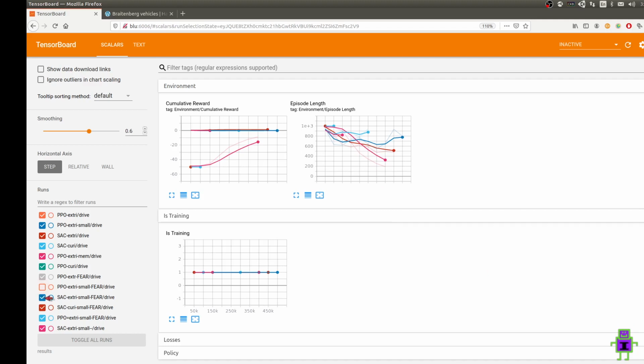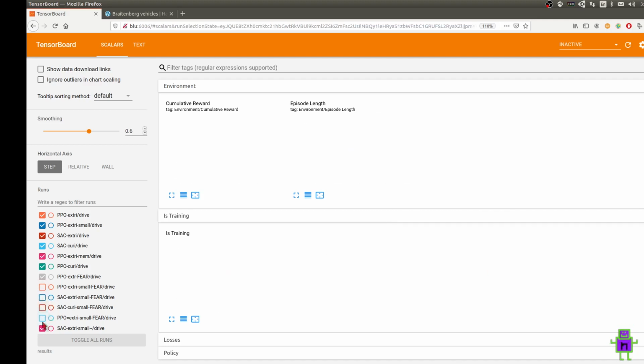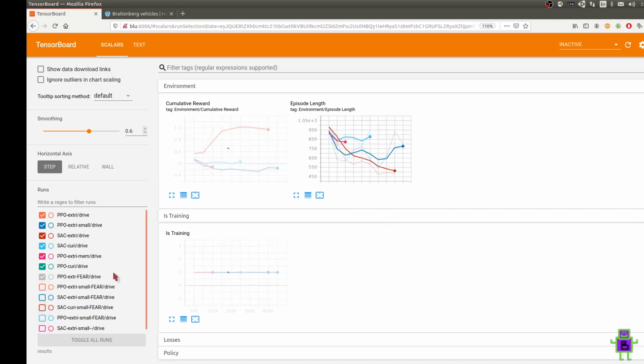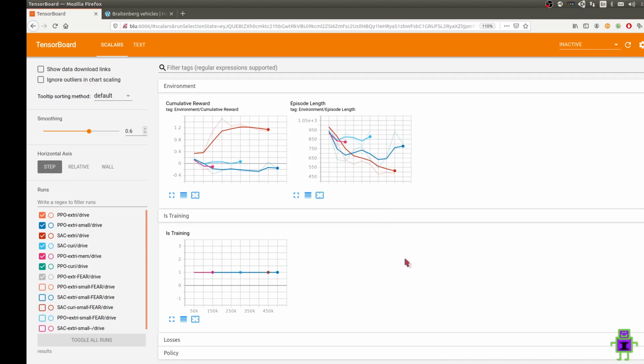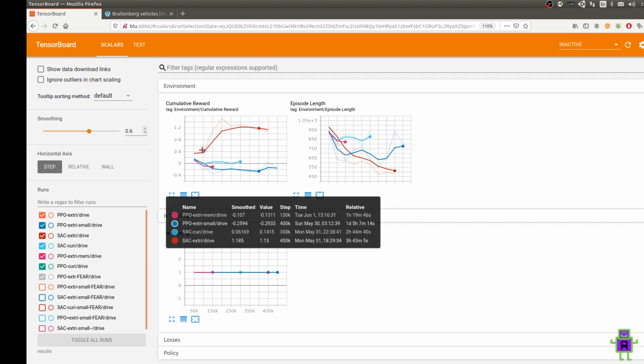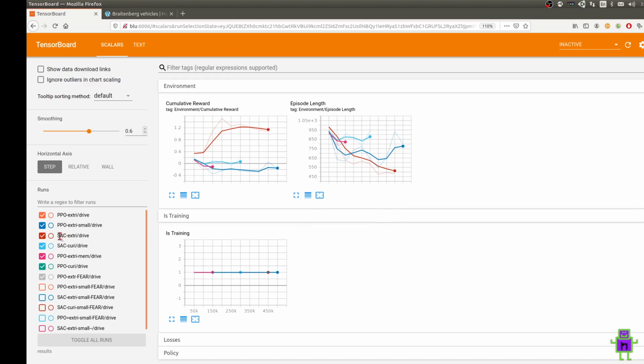And if we look at the love algorithm, which means that we wanted our Braitenberg vehicle to use reinforcement learning to figure out how to learn the hardwiring for the love behavior. That means the reinforcement learning had to figure out whether we should be making the wheels spin faster or slower in order to have a behavior that looks like our Braitenberg vehicle loves lamps. Most of these did pretty badly, with the exception of the soft actor critic with extrinsic reward.